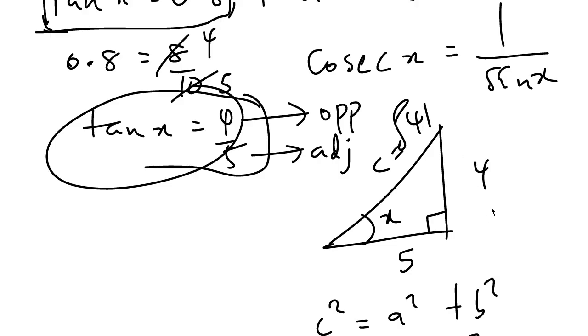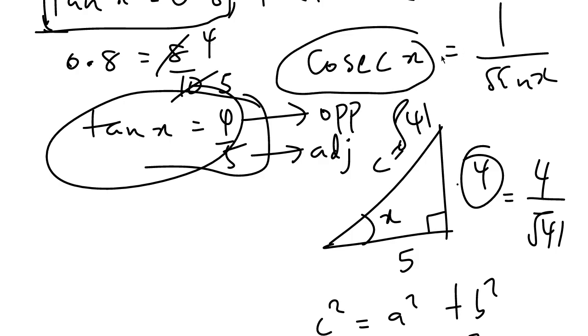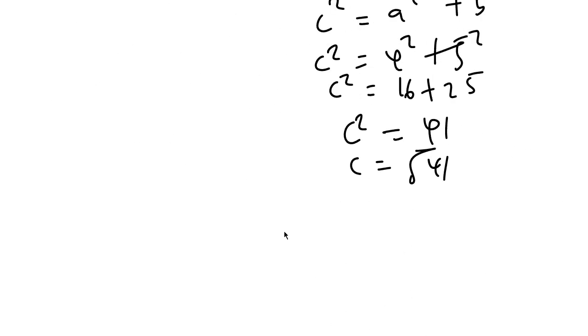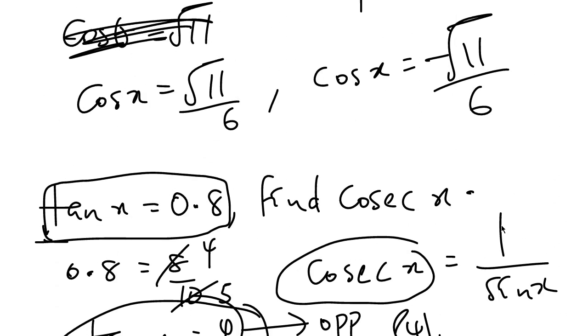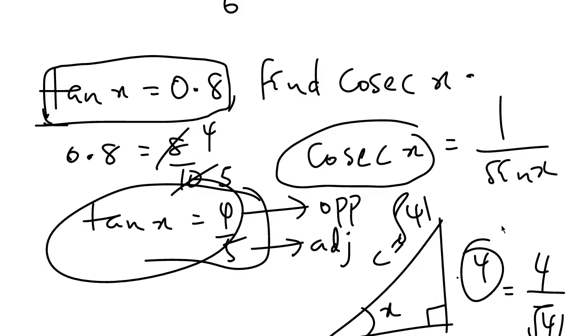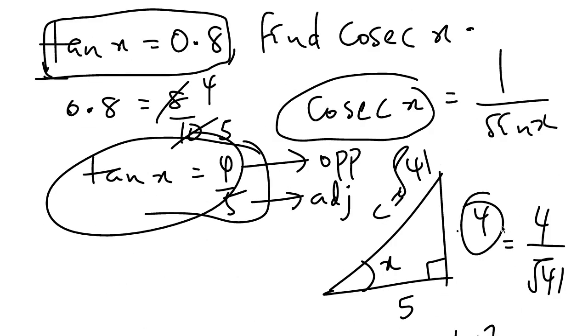And then what is sine x? Sine is opposite over hypotenuse. So sin x is 4 over root 41. But since we're asked for cosec x, which is 1 over sin x, your final answer will be 1 over 4 over root 41, which is root 41 over 4. And this answer will be correct if the angle is acute. Why is it going to be correct if the angle is acute? Because